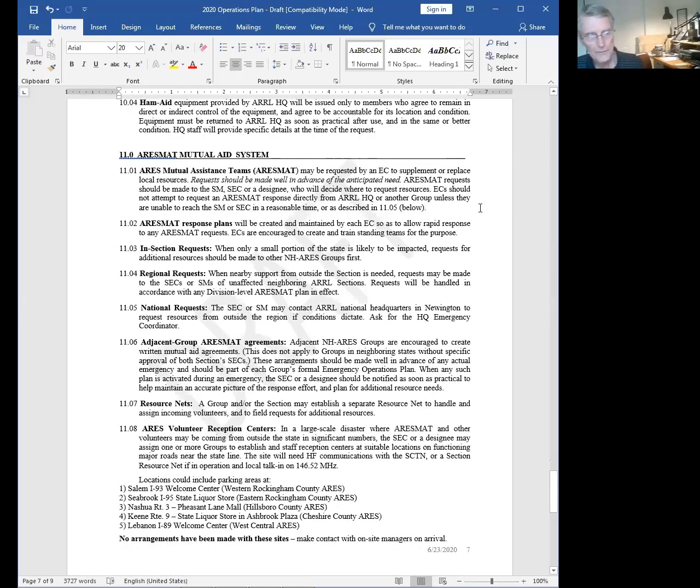I did work on the ARES MAT a little bit. I've been harping on this for the last several years, and I really haven't got a good sense of how embedded and implemented this has become. I'm really curious to know from the ECs, are we any closer to having a working ARES MAT system? Or are we still just, yeah, it's there,